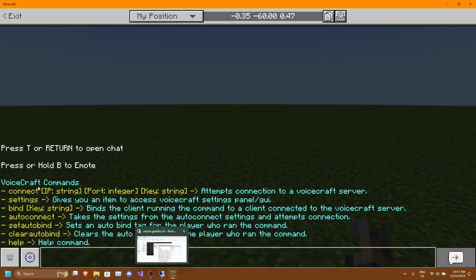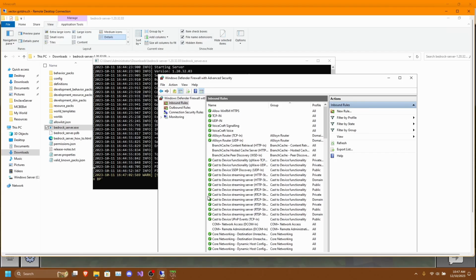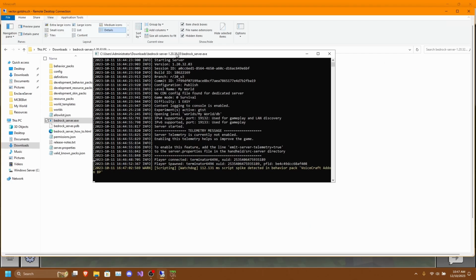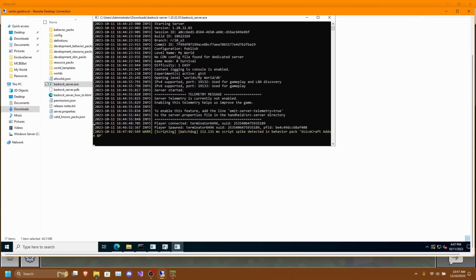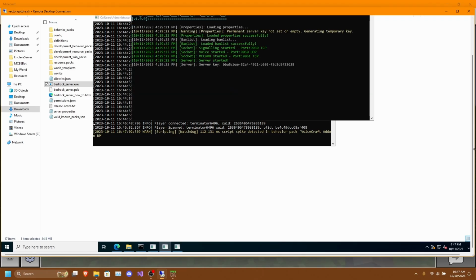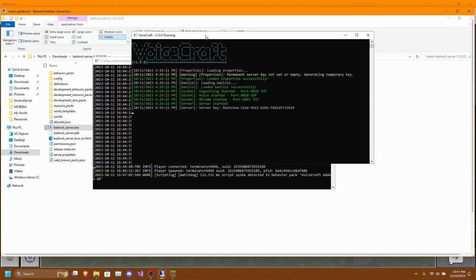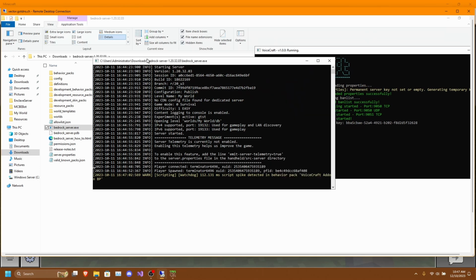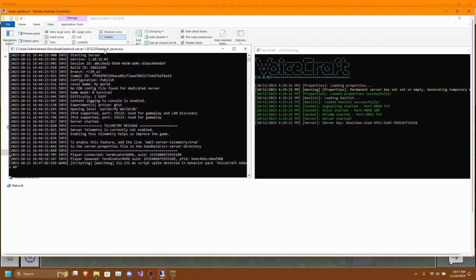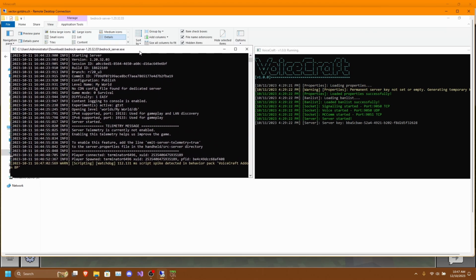Now, with the connect command, one important thing to note is that since the Bedrock server and the Voicecraft server are running on the same machine, we again need to use the loopback IP address.